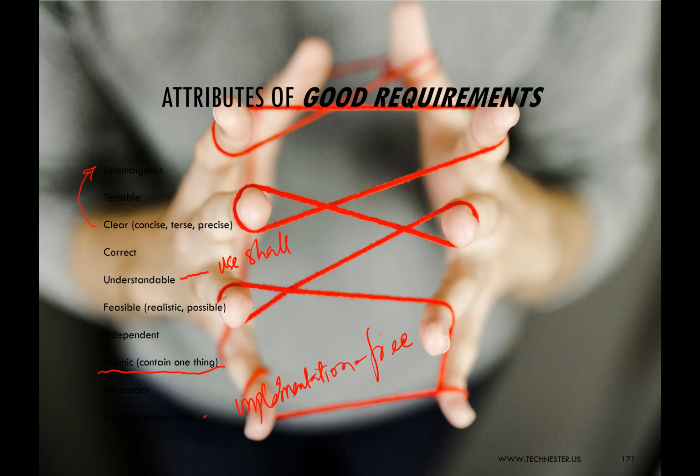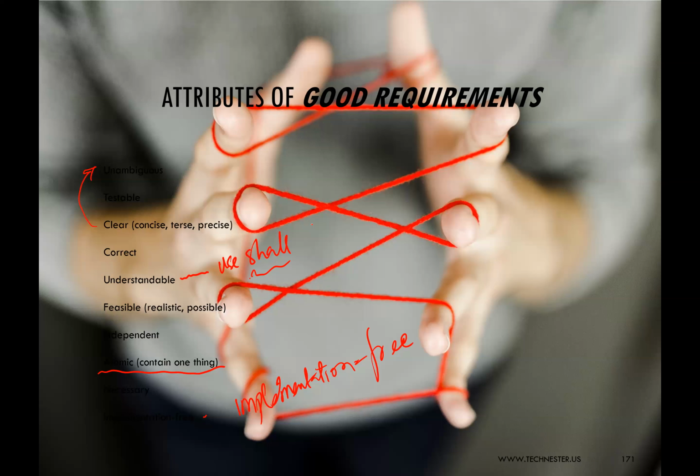Now, understandable. Anyone reading your requirement should understand that this is what you want to happen. So it's advisable that you use the legal word shall. The software shall have this and that. It shall allow people to do this and that, right? To know that that's something that we will do, right? It will have, all other things being equal.